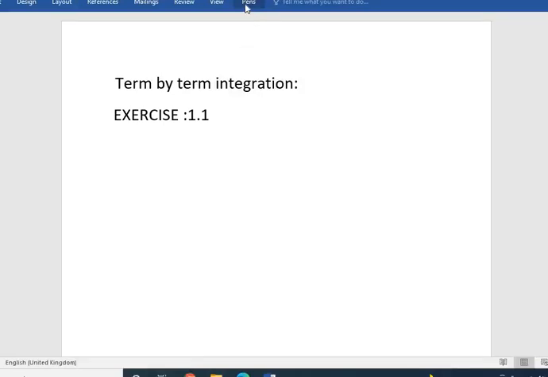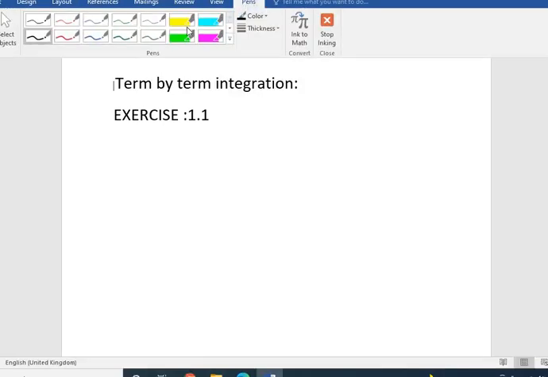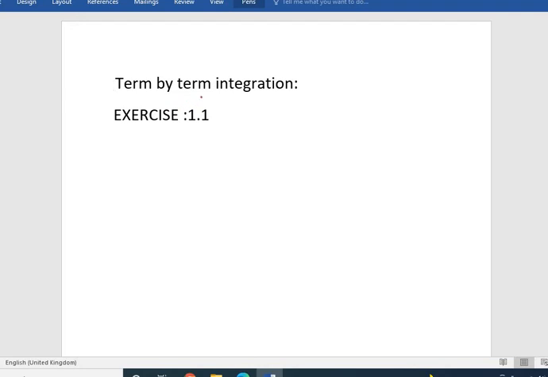Hello my dear friends, today I am going to start my second lecture about Calculus-2, which is based on term by term integration exercise. Before starting the exercise, I want to give you a few important rules related to this topic. The first important rule is